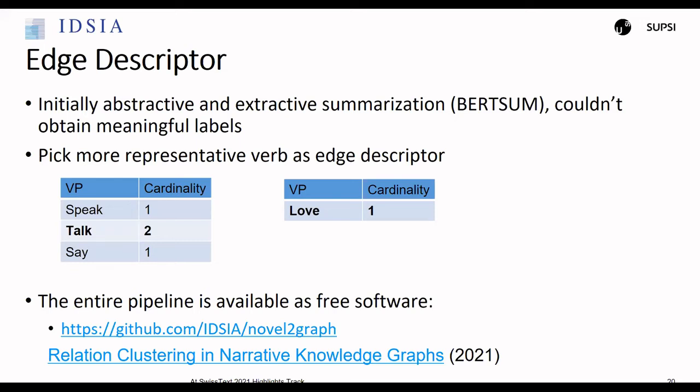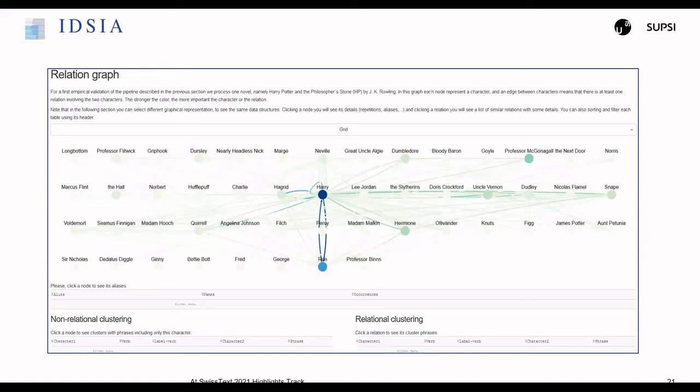And yeah, moving on, I'm just showing the snapshots of some of these demos. So this is almost all the main characters in the Harry Potter series. We selected the characters based on a minimum number of occurrences, and you can see the edges and the nodes. The nodes represent the characters, and you can click on a character and see to which particular other characters it has a relationship. And the thickness of the edge represents the strength of the relationship